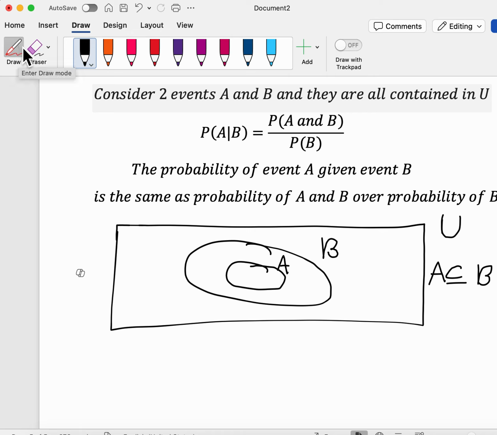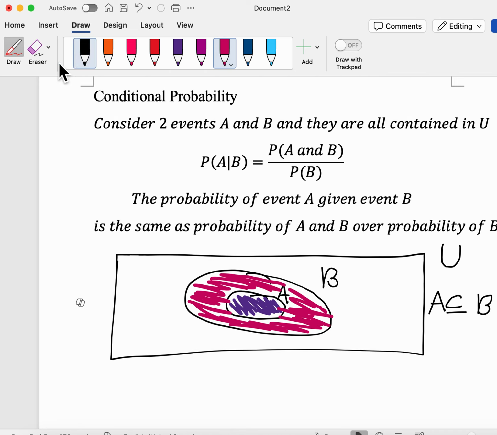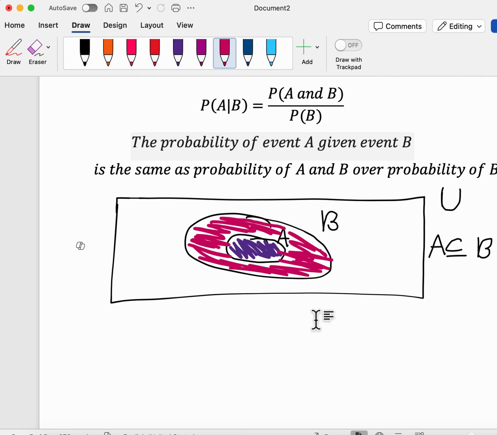What we are essentially doing in an area drawing shading setup is that we are taking the area where set A and B share an intersection in common, this stuff over here, and then we're dividing it by the original probability in B, which is this stuff here. And since both of these are probabilities, remember these are probabilities, not counting numbers, we're essentially going to be doing a fraction divided by a fraction. I'm losing my train of thought. Oh yes,